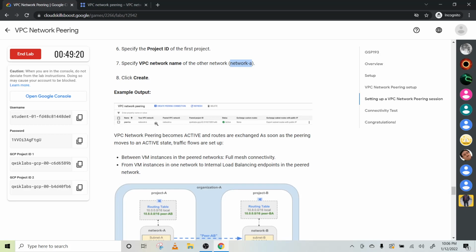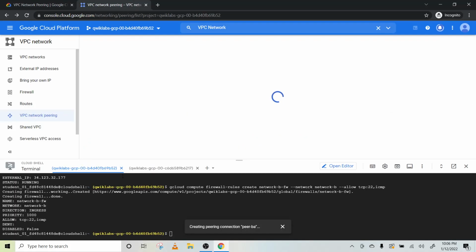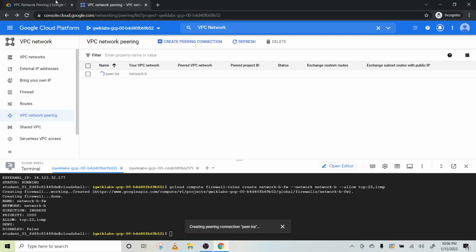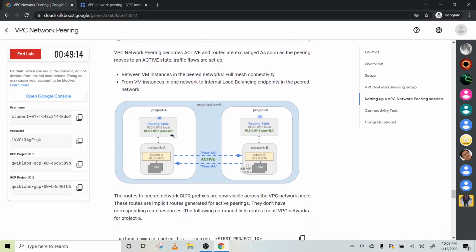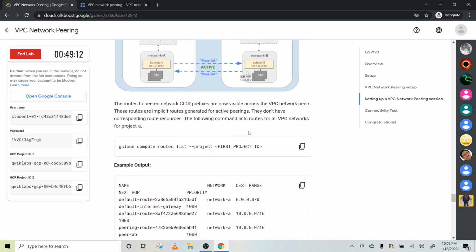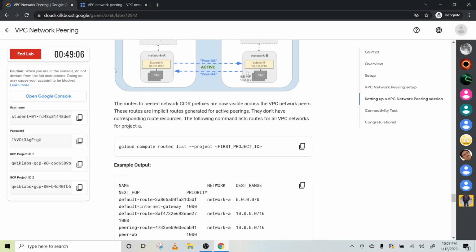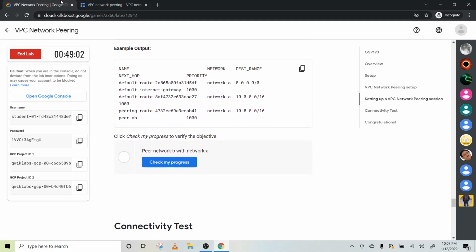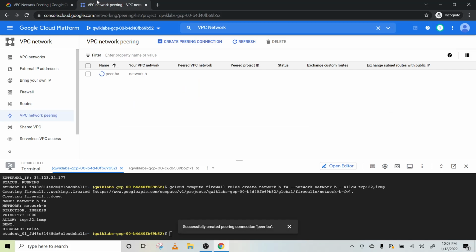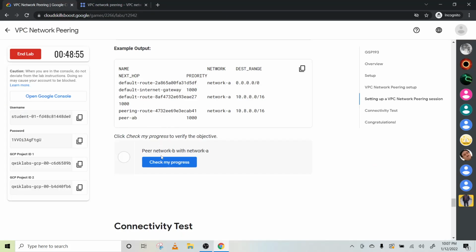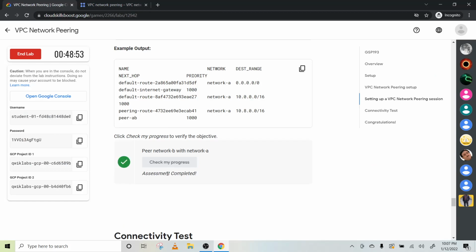And here is the example. Okay, wait a few seconds. Once it is done, we'll run this command and see the output. Okay, first project ID. Wait. Okay, it is done now. Let's check the progress. Correct.